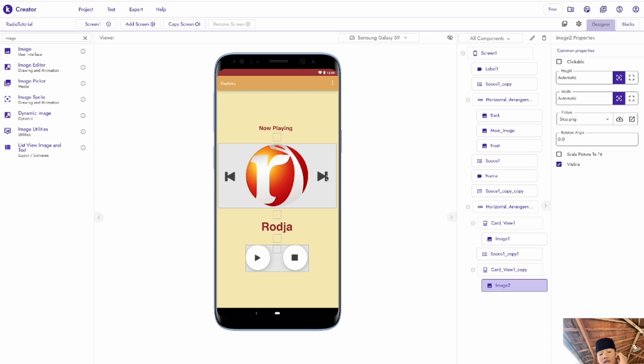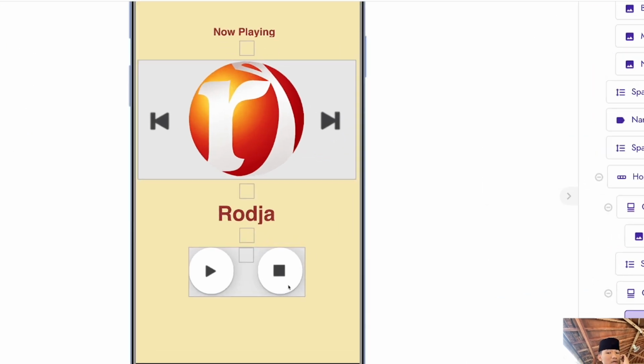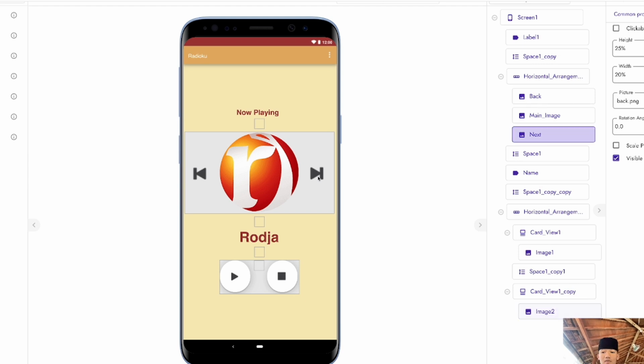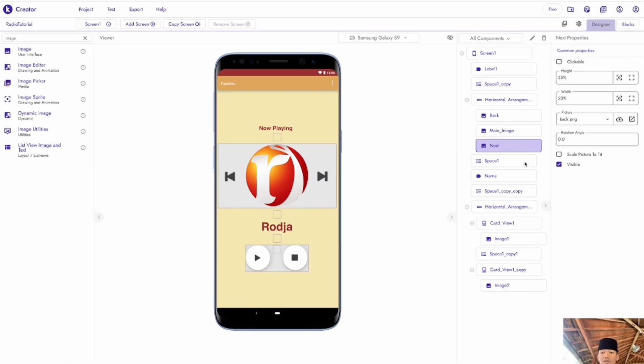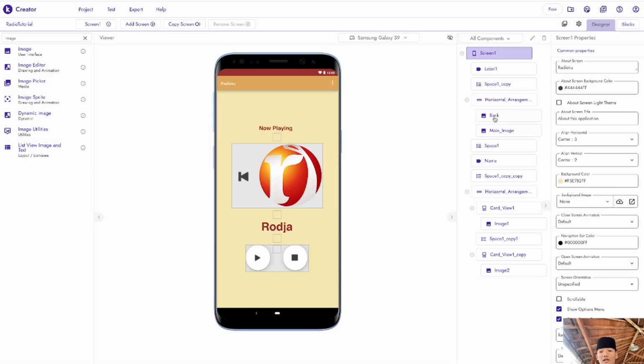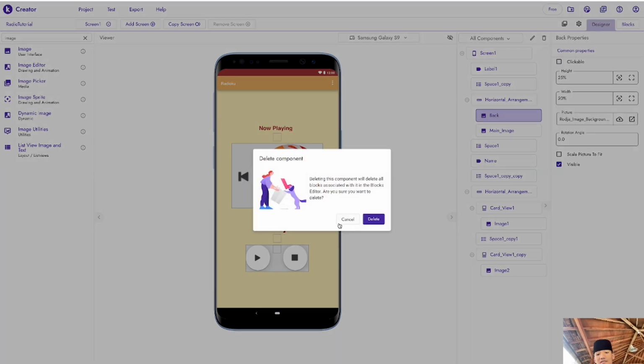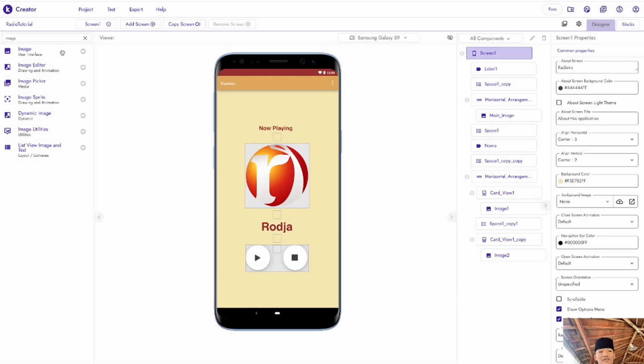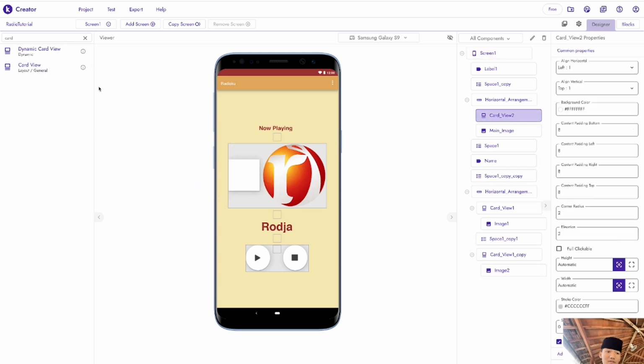Next, I think it's going to be better if we put this thing behind. So next, we're going to delete it. Next, we're going to put some card view. As you can see now, it's blank.